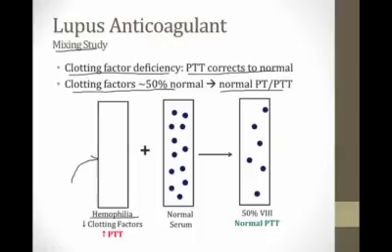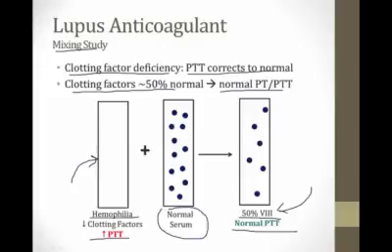They have no clotting factors in their serum at all. They will obviously have a very long PTT. If you mix their serum with normal serum, you will now get a mixture that has 50% normal levels of factors like factor VIII, for example. This will lead to a normal PTT time. In other words, if the reason for the prolonged PTT is a clotting factor deficiency, then the PTT will correct